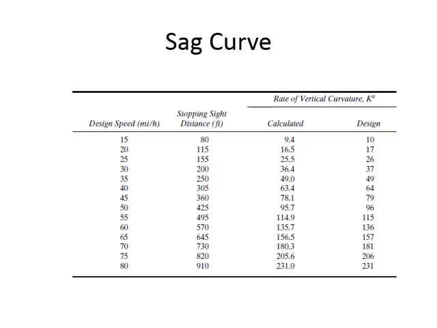Okay, so you take the equation for sag curve, and instead of calculating L, you calculate k. So you will have the equation in terms of k and stopping sight distance. So again, you have the speed, you have the sight distance, and you have the value of k, the exact value, and the rounded off value.